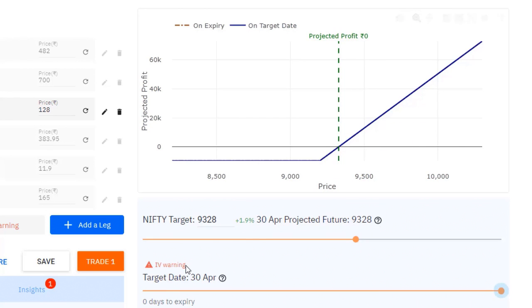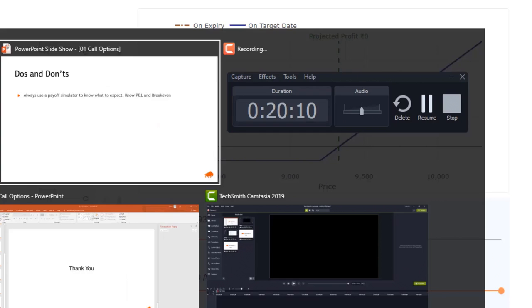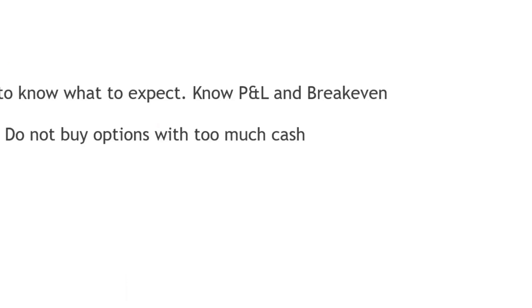So this is break even, right? If the answer to your question that Nifty is going to move up, let's say around 200 points in the next 4 days, is going to be no, you have no business buying this option. So this becomes a no. So this is why it's important to know your P&L and break even.